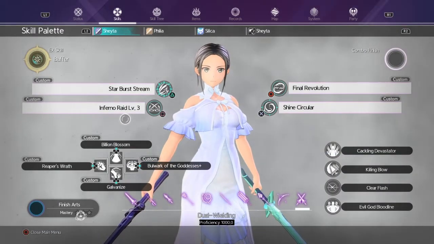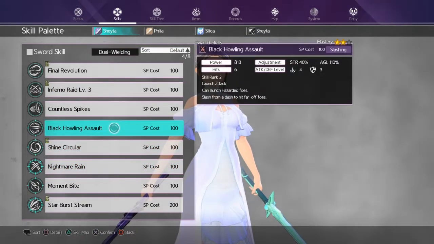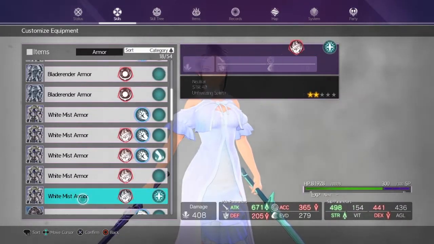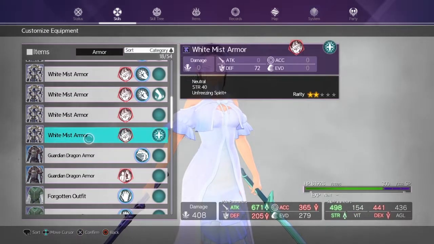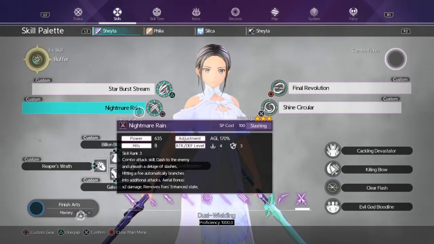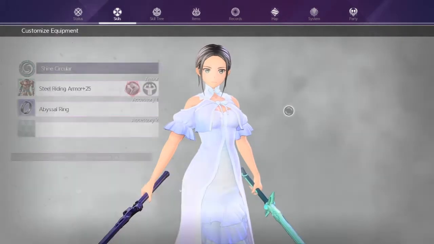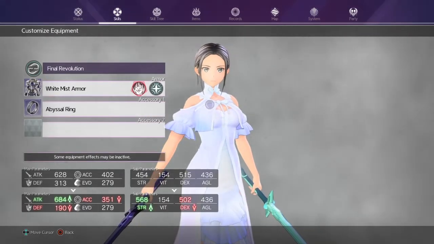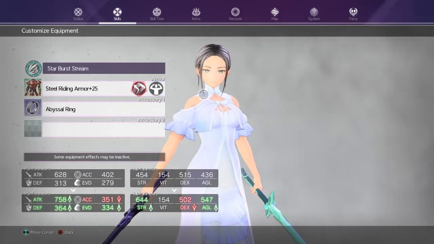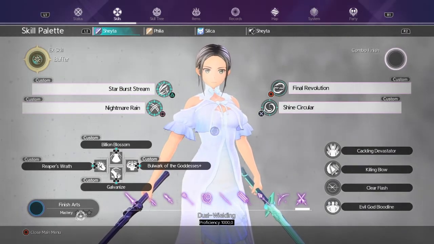Setup is going to be this. First thing is, let me change this, because I don't recommend having 3 down skills for beginners. So Nightmare Rain, and change that back to Hazard with my White Mist, and then that. So that's changed back, actually. Okay, yeah. So this is going to be the setup. Shine, again, down damage. Final Revolution is going to be for Hazard as well. Nightmare Rain is going to be for Hazard as well. And Starburst Stream is going to be for down damage. Again, if you haven't watched the North Extreme first, go do that so you can see more in-depth about those